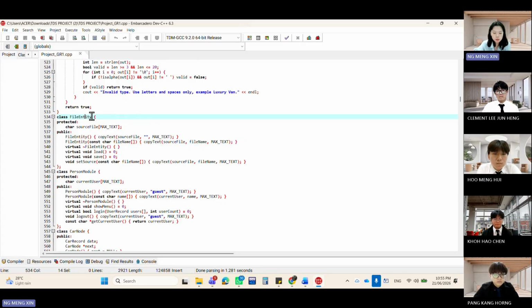It contains common file-related elements such as the source file and virtual load and save functions. Person module is a base class for user-related modules. It stores the current user and provides common functions such as login and logout. So the fourth is derived classes and inheritance.